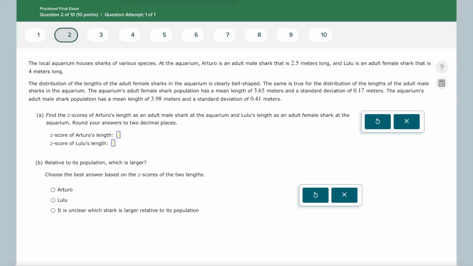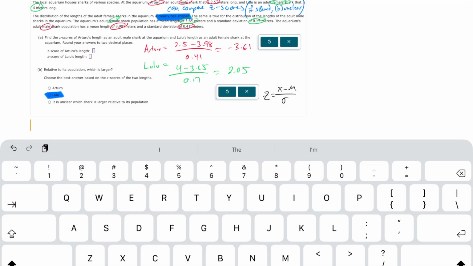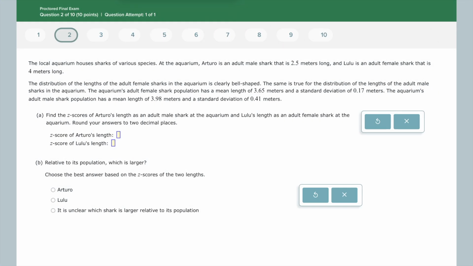All right, I don't think y'all have too much problem with that one. It is kind of, if you miss that bell-shaped one, it makes you mad, but